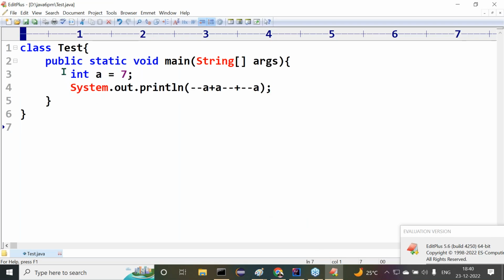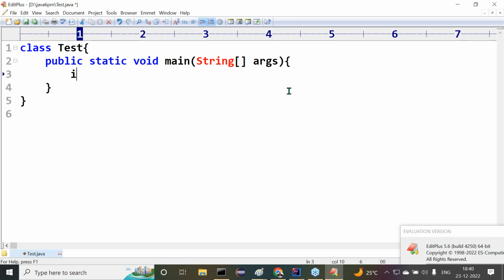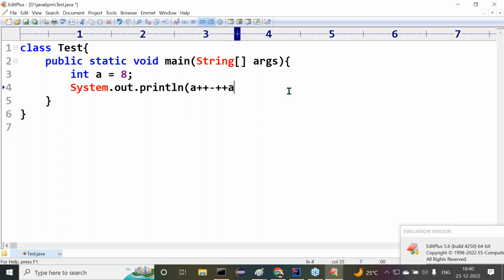Take the next example: int a = 8; System.out.println(a++ + ++a * --a - a--);